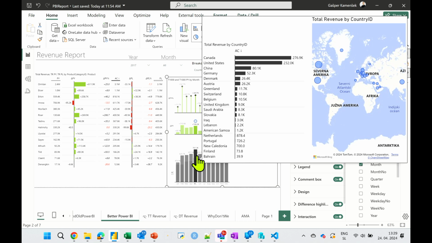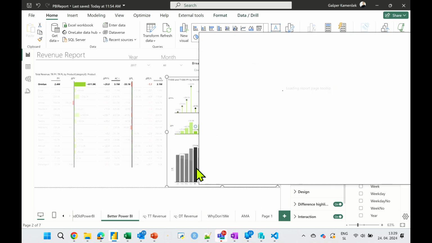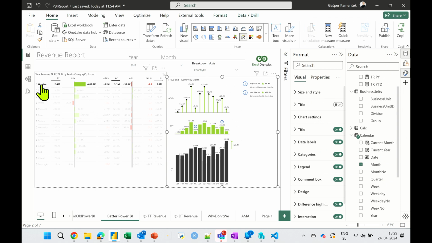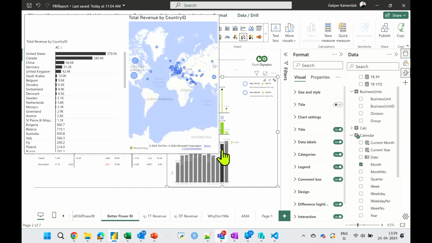But they're not just reports within a report. So I'm now on May. Let me filter to only this. I'm going back to May. Of course, you remember the previous numbers, and you know these are now different because they're filtered to this, right? So the way this is produced is I basically have 2 reports in one.